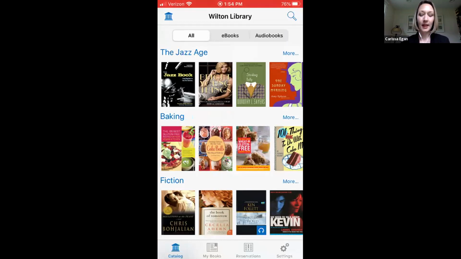if that's the case. So first, I wanted to dig into the SimplyE mobile application. I have an iOS device, so this is the iOS interface. Some of the screenshots you've seen so far are from SimplyE on an Android device. So what you'll see in front of you is the main screen in SimplyE for Wilton Library, which is located